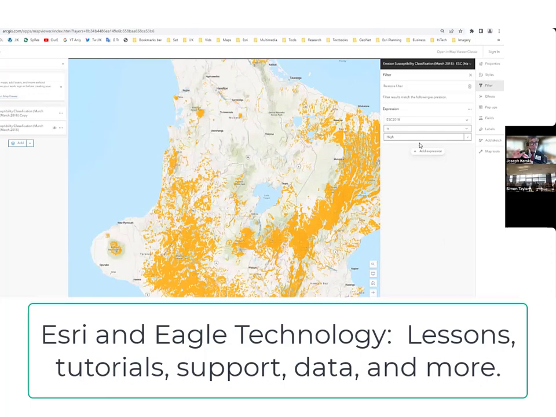So I've just run a little expression that I'm building there. So I'm building a little bit of skills in students. It's a little bit of math. It's a mathematical expression. ESC, erosion susceptibility, is high. Apply. Okay, now what kind of patterns do I see, and why do those patterns exist?